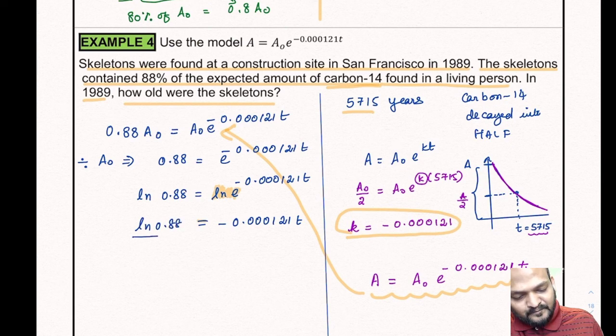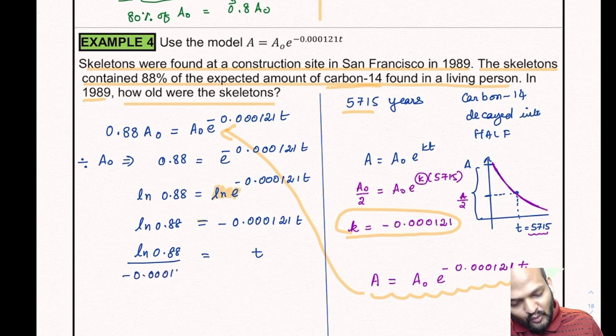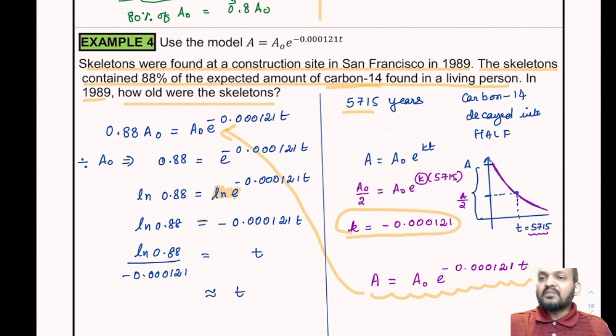So if I want to solve for t, I'm going to divide both sides by negative 0.000121. When I do that, the left-hand side becomes t and the right-hand side is ln of 0.88 over negative 0.000121. And if you simplify, your t would be